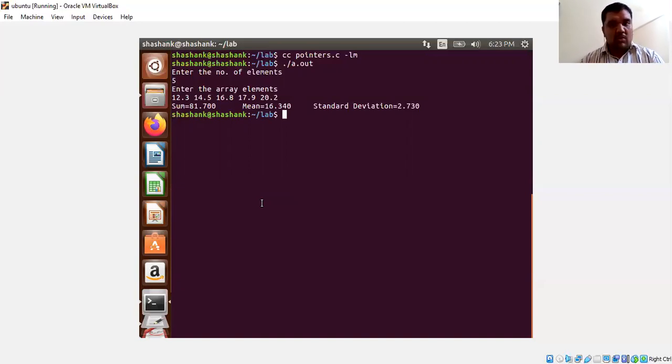Compile the program using the suitable command cc space filename.c space -lm and run the program. Give your inputs and then find out the exact result. Compare that result with the manual result you have calculated, and then tally those results. Understand? So this is about this program.